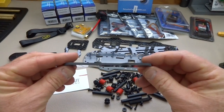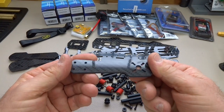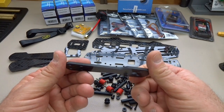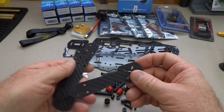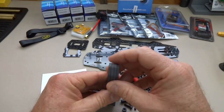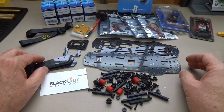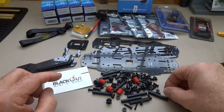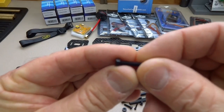In hindsight, you will never break these. If you break one of these arms, you have bigger problems than just the arm. You will never break it. You will never break the frame. I've hit trees, I've hit curbs, I've run into my car, I've lost power at over 100 feet. This thing's tumbled to the ground, and I've never broken anything except these tiny little plastic screws which are designed